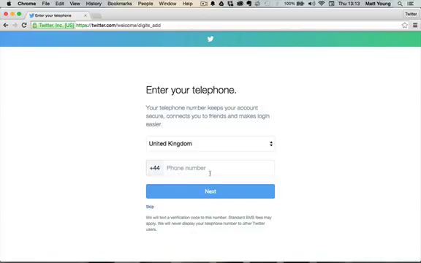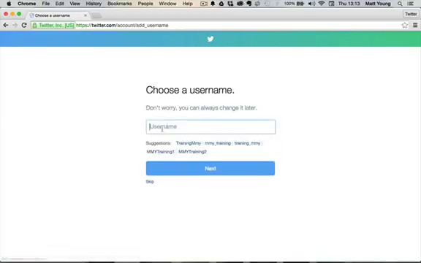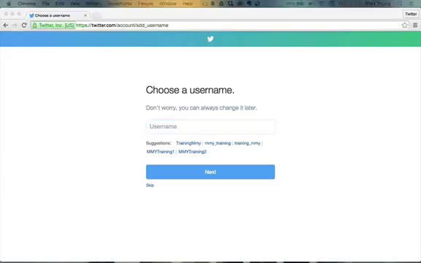And as it says there, it's creating the account. I'm not going to give Twitter my phone number, partly because I don't want the whole world ringing me. But yeah, not necessary at the moment. We'll explain that in a later video. So we'll click on to skip, and it says you can now choose your username. So I'm hopefully going to be allowed to use this Twitter name here,